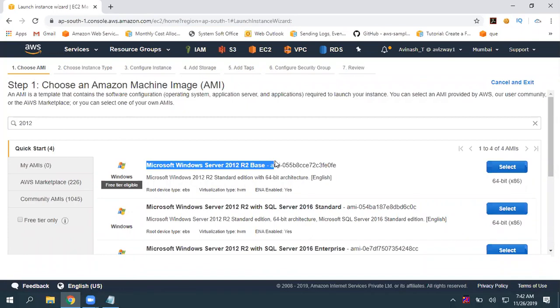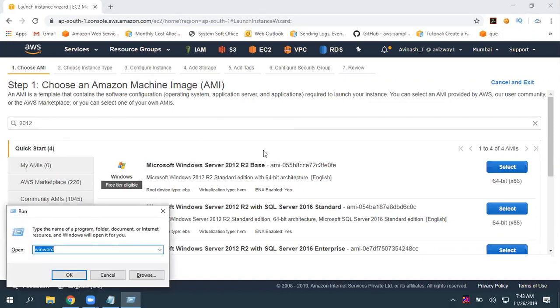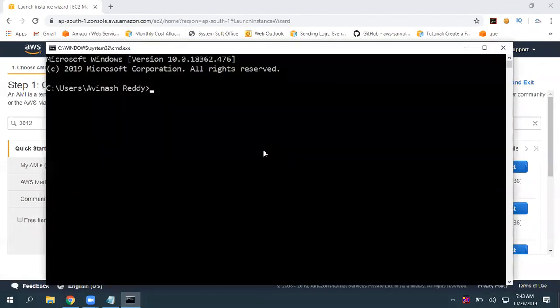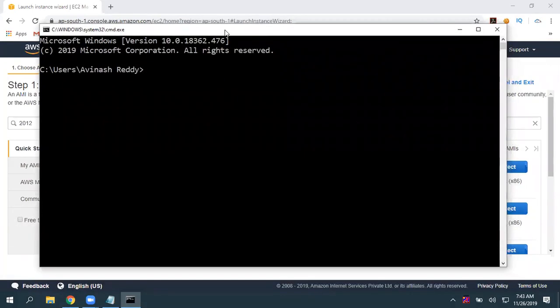So in simple terms, what we can do is write down all your commands in the user data field. The commands I'm going to use work on our local machine also, so if you want to test that, you can go to your local machine. The feature I'm going to use is TZUtil, the time zone utility. TZUtil space slash. If you want to know the available commands, you can give question mark. If you want to list all the time zones, you can give L. If you want to set a time zone, you can give S.